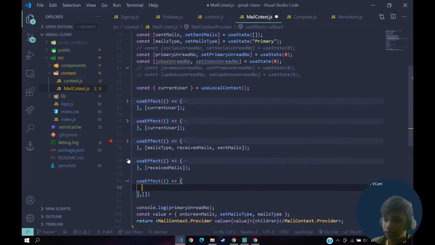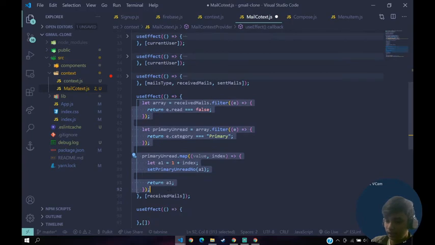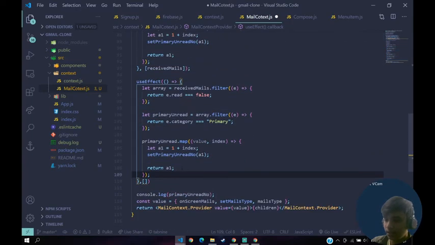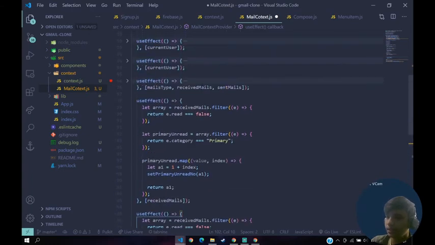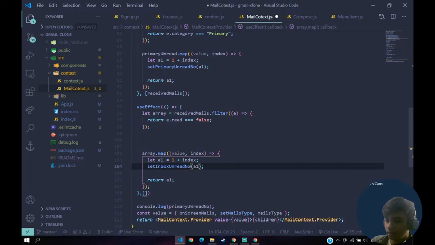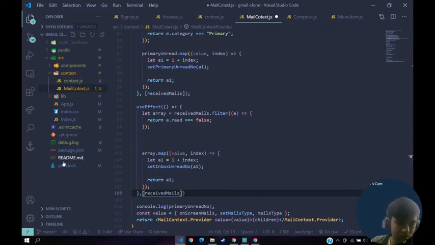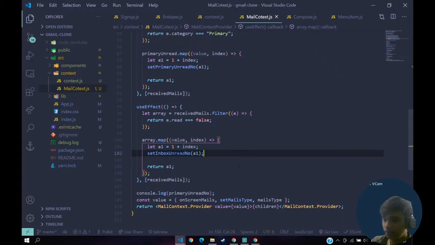What we can do is copy all of this and paste it up there, and we don't need to filter out here, we just need this thing here. So instead of setting, we'll set our inbox 100 number to a1, and let's add received mail as a dependency up there, right? So I hope this makes sense. Nothing much, same thing, inbox 100 number, right?